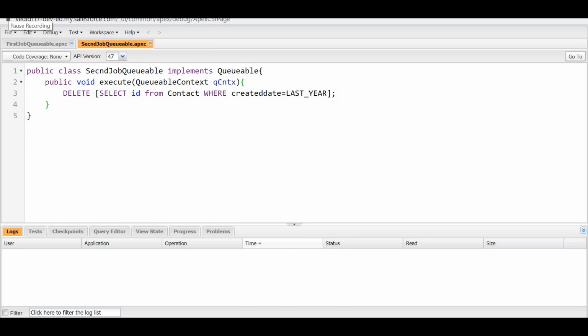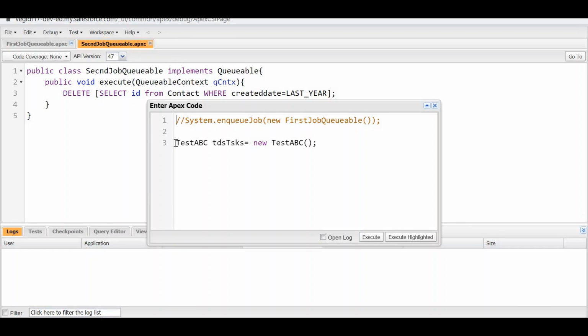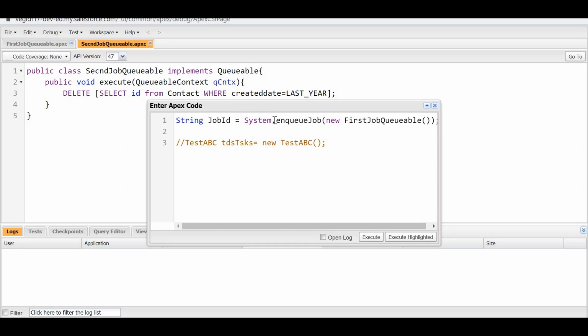Okay, just for your reference, even though we don't have our job ID, we can still see our job's progress. But for now, we'll see how to capture the job ID. This is for the record, but really you don't need the job ID. So I will just take this job. As you know how to get the job ID, this method itself will provide you the job ID. It will return it. So I will just put jobId is equal to